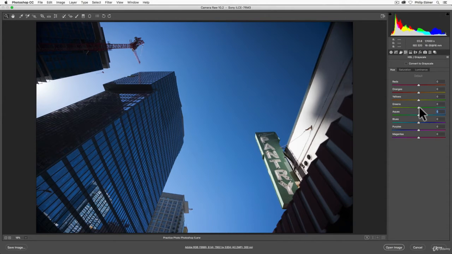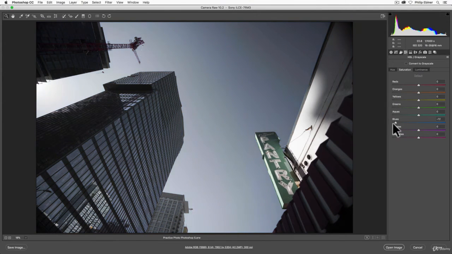Double clicking reverts that. Saturation, on the other hand, is how we can make the sky maybe desaturated. Maybe we don't want as much blue so that this sign over here stands out. And in this way, we can leave all of the colors except for one. See this red up here? If we increase that, it becomes more red. That might even have some magenta in it.